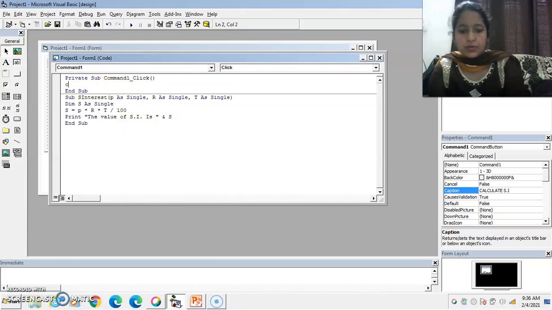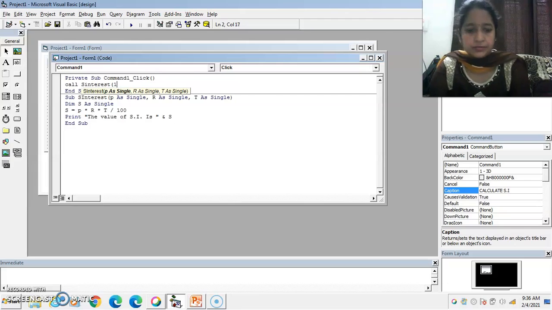Now call this procedure by using the Call keyword at the Command1 click event. Call, then the procedure name, after that pass the actual arguments or pass the values for principal, rate and time.